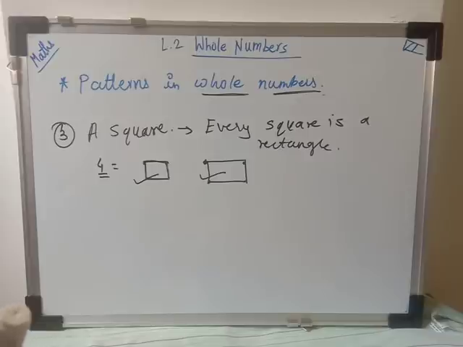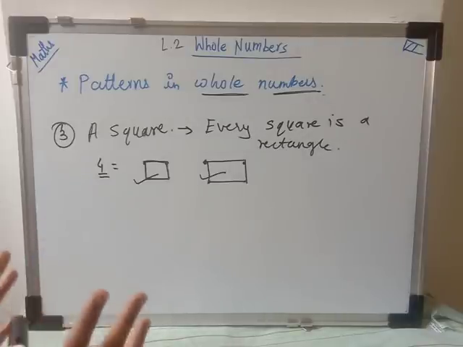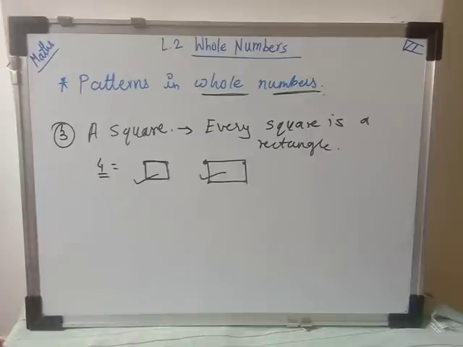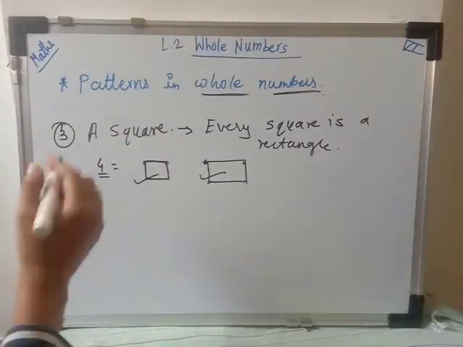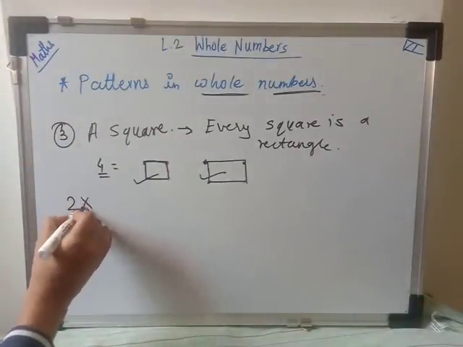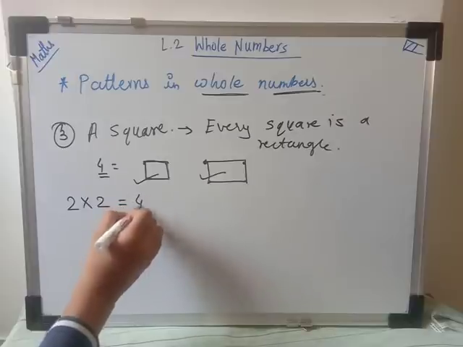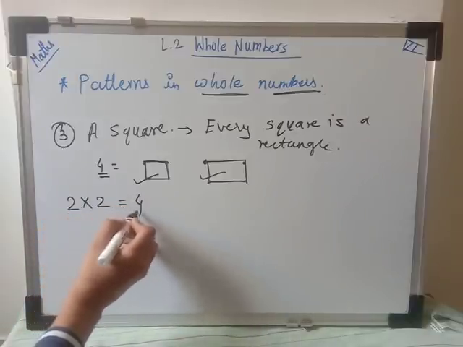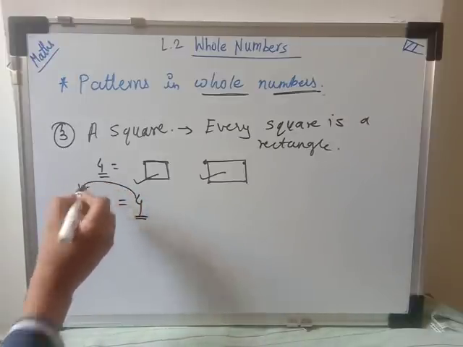Here, one more important thing: you have to take those numbers that are the square of another number. If you look here, 4 is a square of 2. Square means, when a number is multiplied by itself, whatever product we get is the square. So 2 is the number, if we multiply it with the same number, we get 4. So 2 2s are 4, and 4 is the square of 2.